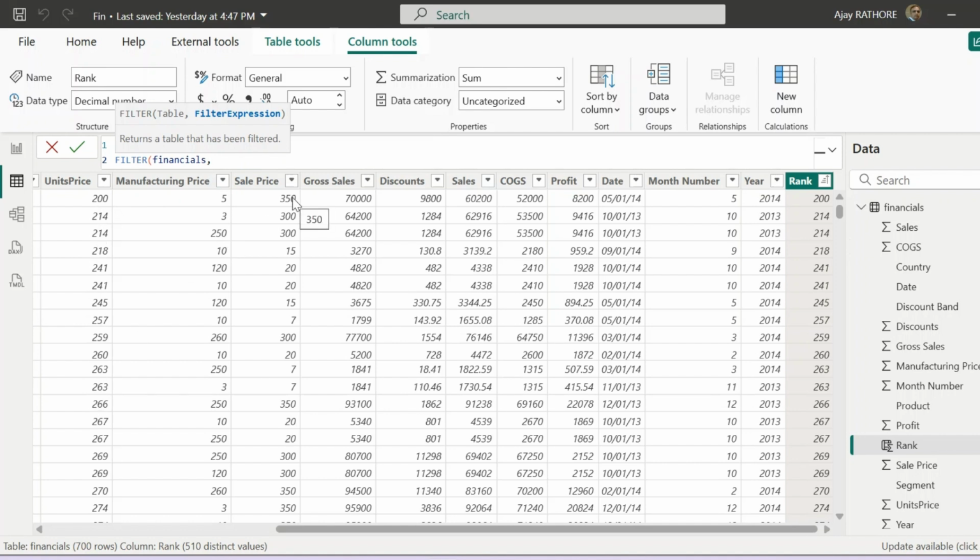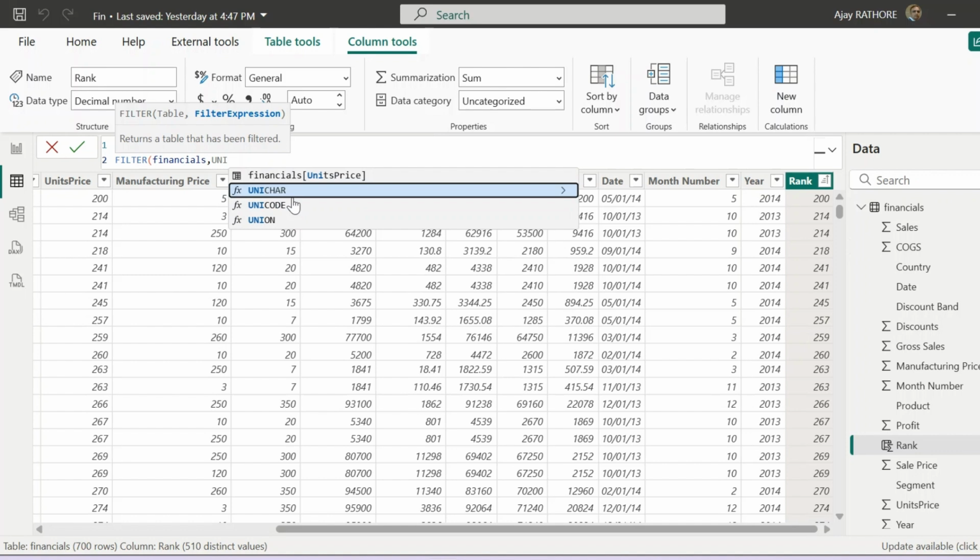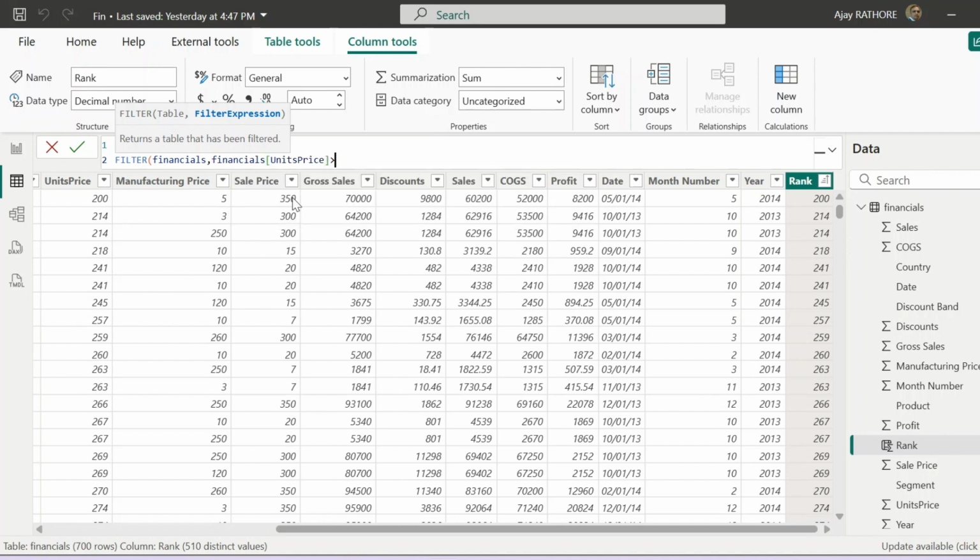So if we write unit price here, we need to compare it with the current price, then the second, then the third, and so on.